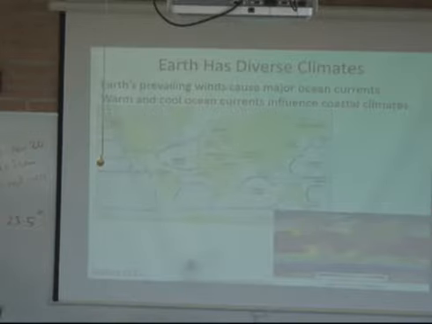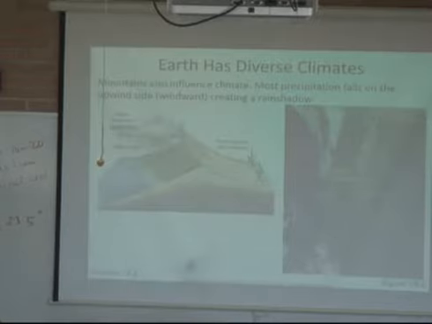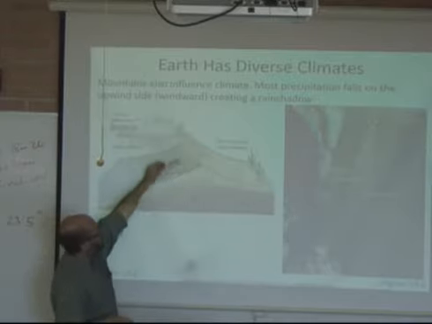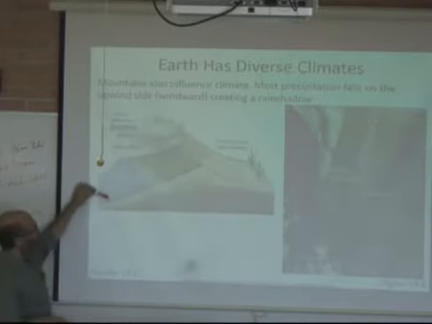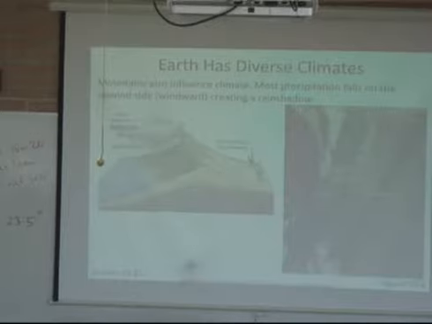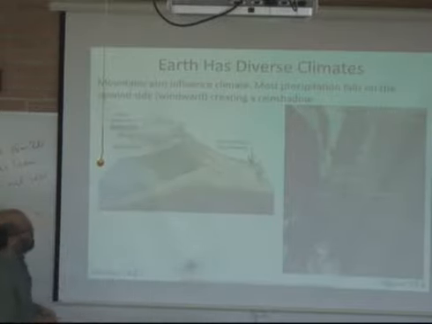Another factor is the rainfall factor. So the rainfall is also not very equally distributed. Some areas get a lot more rain than others. And one of the factors that determines that is the presence of mountains. If there are big mountains present very close to a body of water, like big lakes, Lake Superior or other Great Lakes, if tall mountains are present right next to them, what happens is